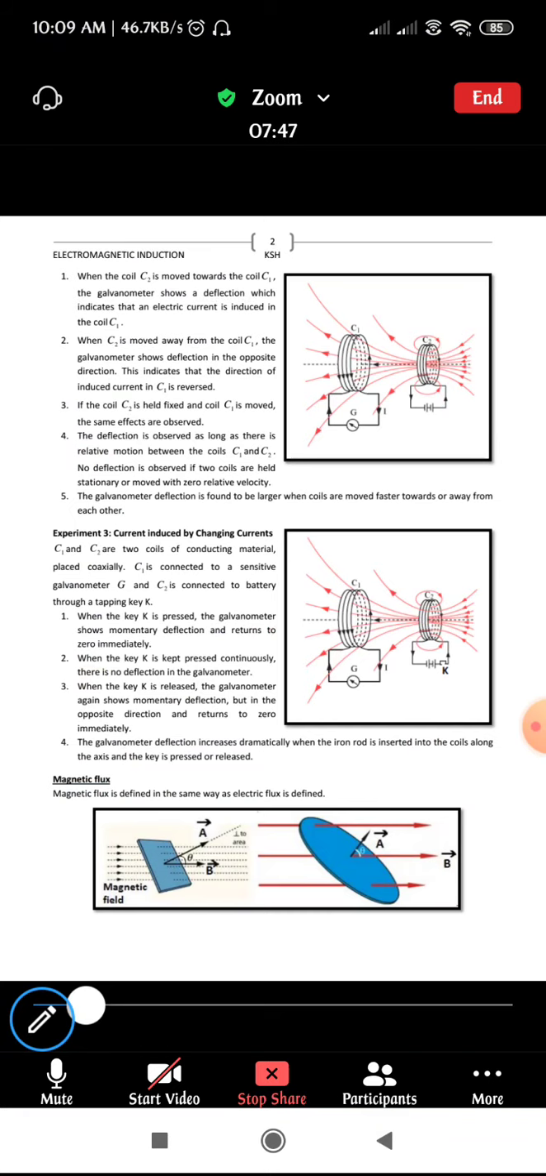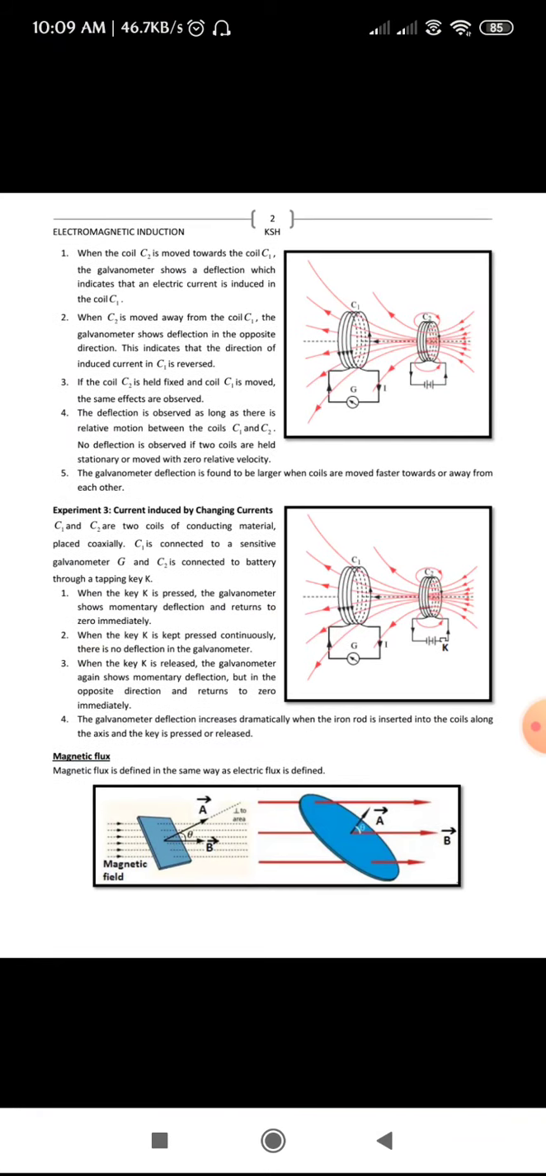Next, coming to the third, you can see that it is regarding current induced by changing current. Again, coil C1 has been connected to a galvanometer and the coil C2 has been connected to a battery. Okay, so you have a tapping key there. The meaning of this tapping key is nothing but whenever you press this key, there is a